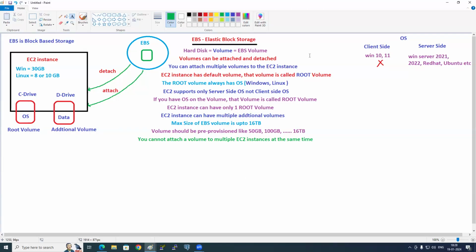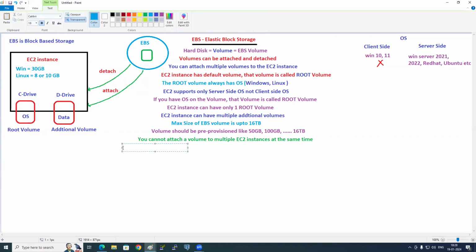Certification questions. Volume size can be increased on the fly. Do we need to stop? No need to stop the EC2 instance. That means no downtime.